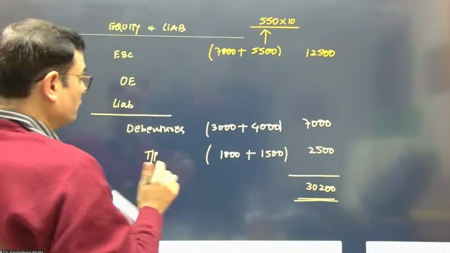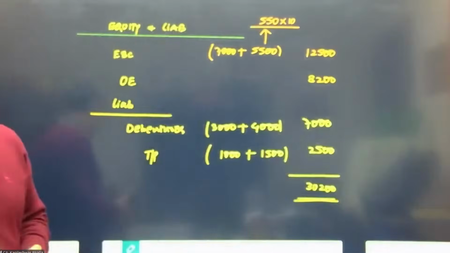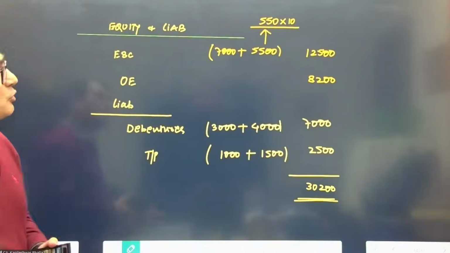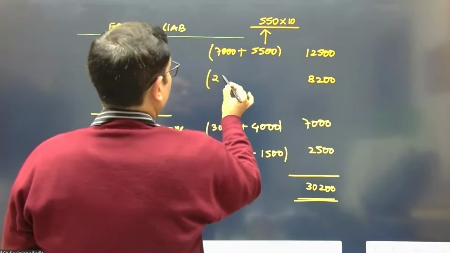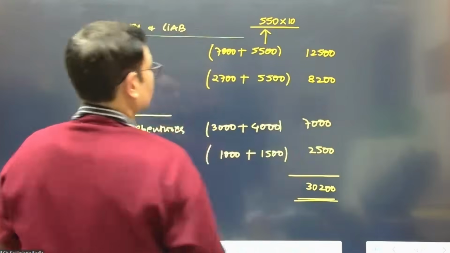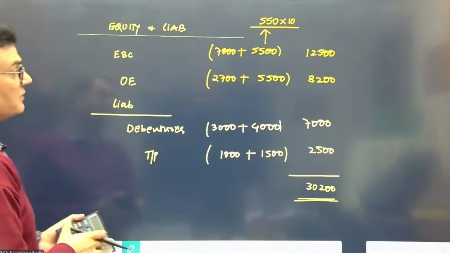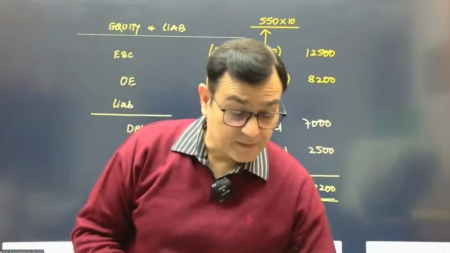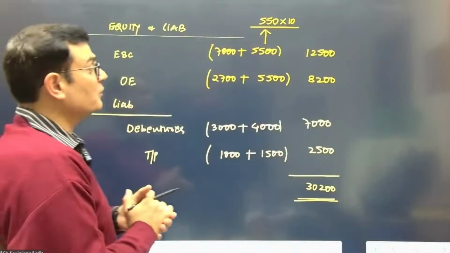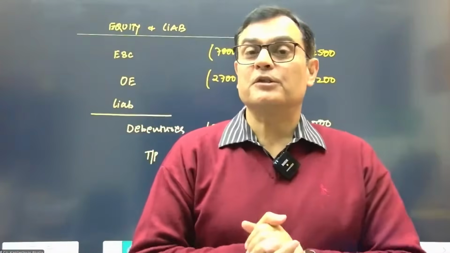So this, I think, comes to 8,200. So then we can support this 8,200 as well. That's 2,700 was the other equity. And then this 10 rupees becomes the premium. So 5,500 plus 2,700, that works out at 8,200. Right, so the balance sheet is done. So this is in the case of a reverse acquisition. So acquisition accounting is done, reverse acquisition is done.